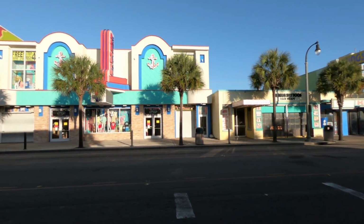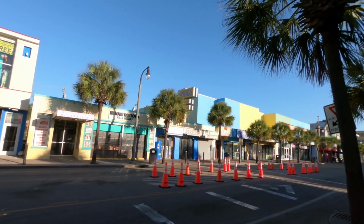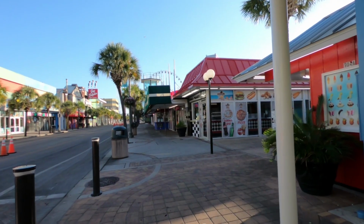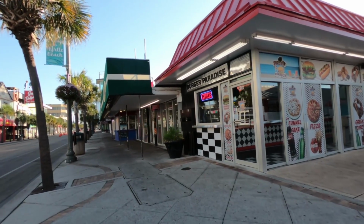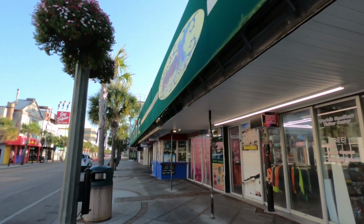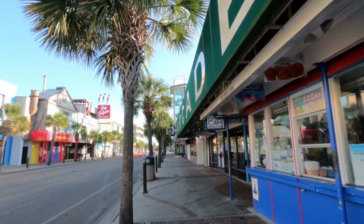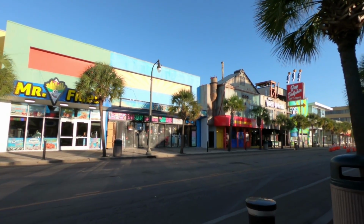And on the other side, we've got a gift shop, henna tattoos and hair wraps, King's Beachwear, Burger Paradise, now we're up to the next arcade. This is the Family Fun Arcade. So again, it's open from the beach side and from the street side. Mr. Fry's, Surf's Up Beachwear,